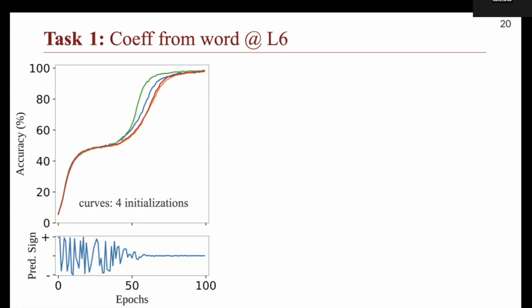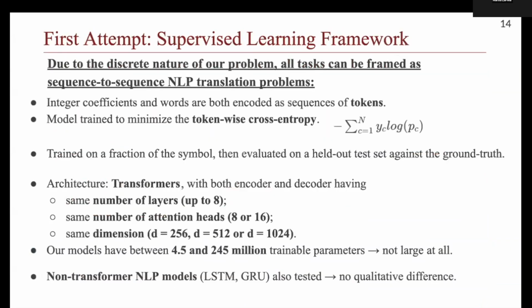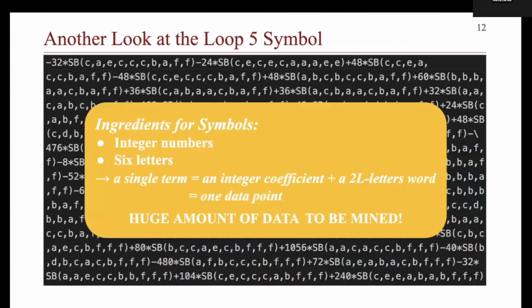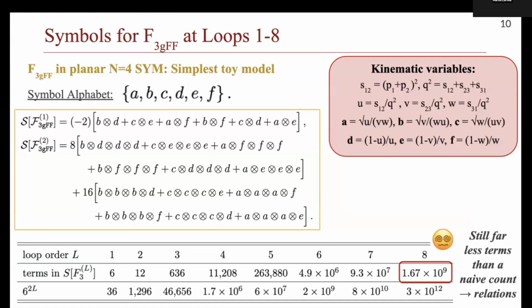Thanks for the beautiful talk. At the beginning, you showed the number of terms at each loop order. It quickly gets to around a billion or trillion, I can't remember. So for whatever model, if you can achieve even 99.99999% accuracy, you still get a huge number of terms wrong. I just wonder what your visions or ambitions are in this program, given the scope of the problem and this intrinsic challenge of the exponential number of terms.